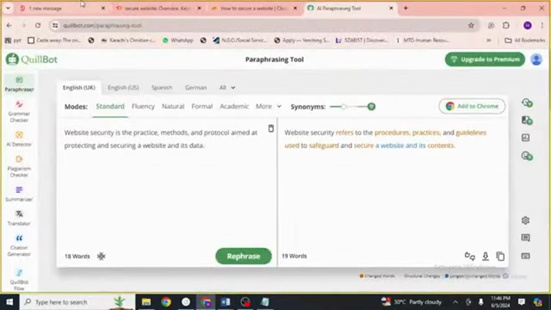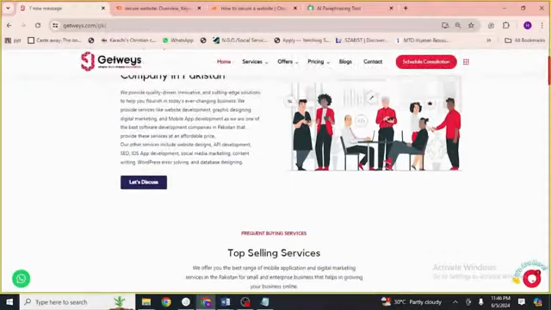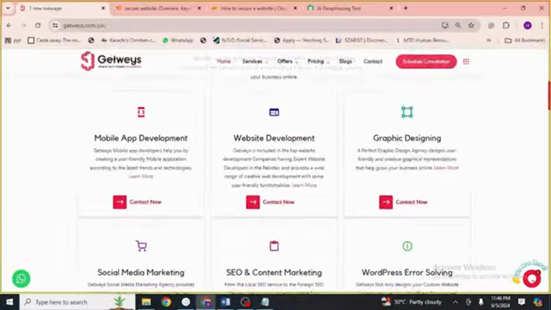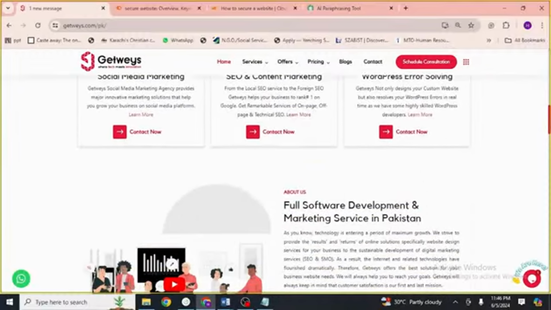And here we can see, let's say, this is a best example of writing content for a website. We have a call to action, a good opening paragraph, and an engaging infographic. Then we have cards for all of our services: graphic designing, website development, everything. Then here is a contact now button.